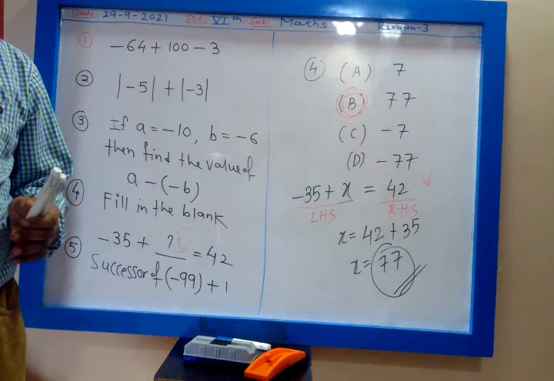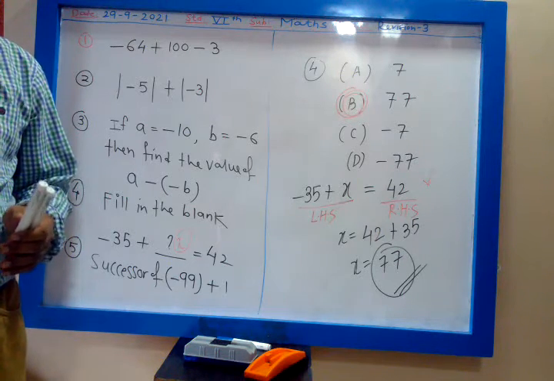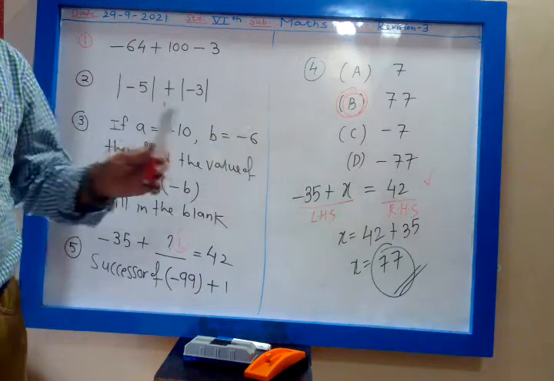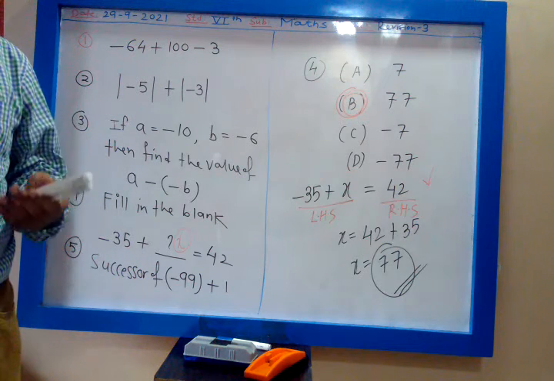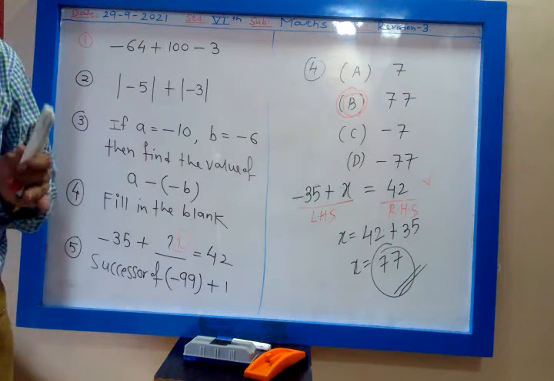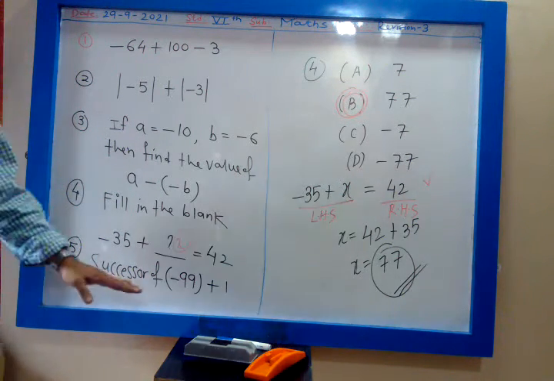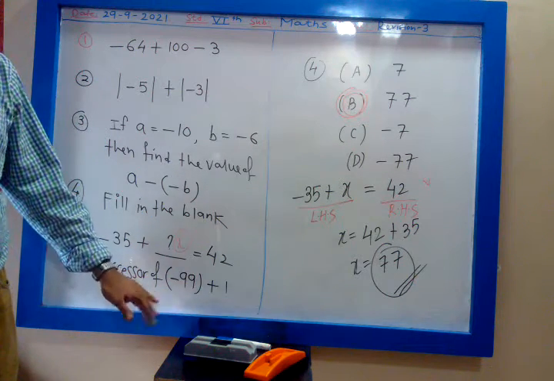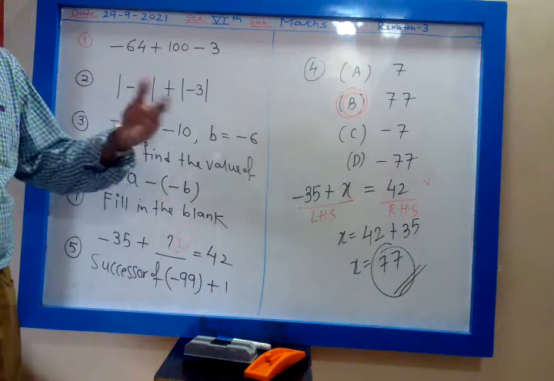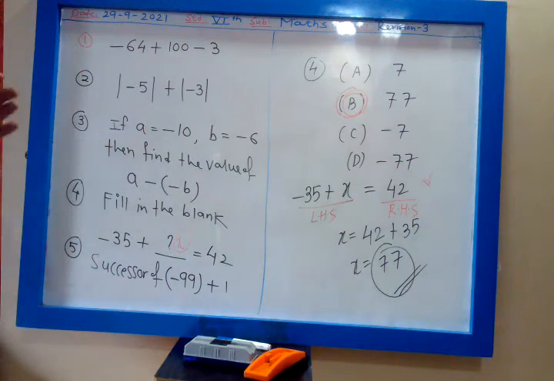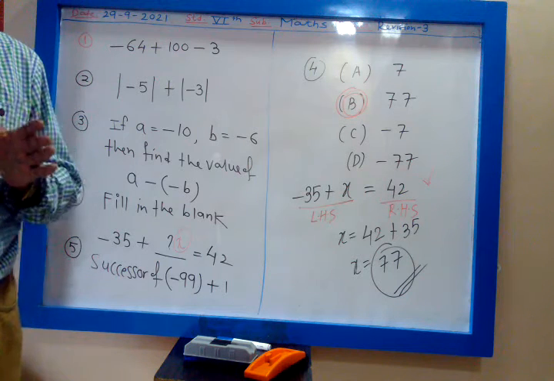My dear, step by step I will discuss. First I am discussing 4, then I am going to discuss 5th. Have patience. I gave you this to solve; if you are not able to solve, have patience, let me discuss. Yes, Mohammed Mikhail, is it clear? How did we get plus 77?